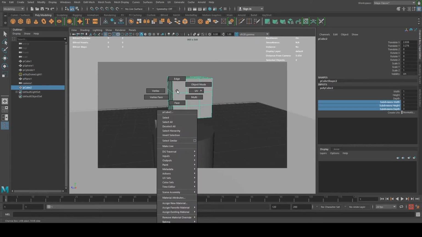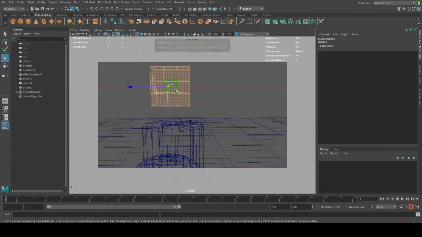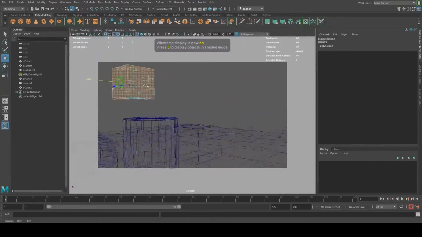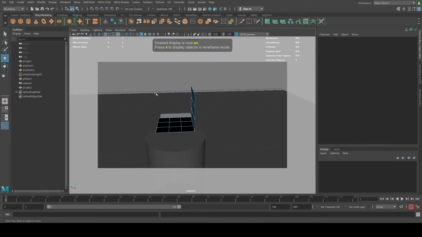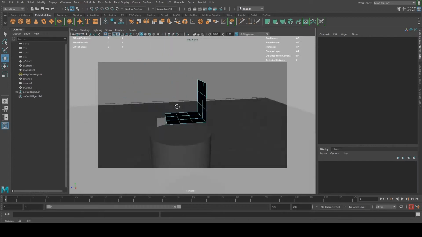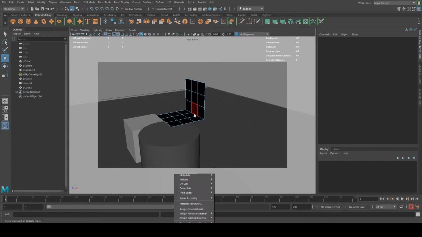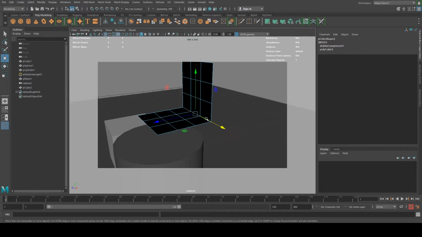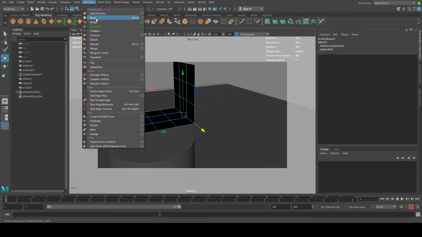And what I'm gonna do is right click, select faces. I'm gonna select these faces. If you hit 4, you can see that I've just selected those faces. Then I'm gonna hit backspace on my keyboard, and I'm gonna be left with that. Now what I'm gonna do next is right click, select edge, double click on that edge, then I'm gonna bevel it. So under the modeling menu set, you go to edit mesh, select bevel,